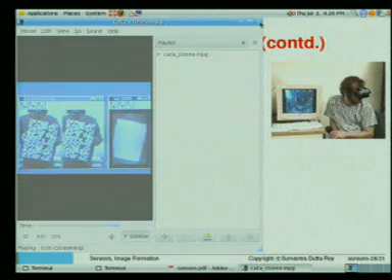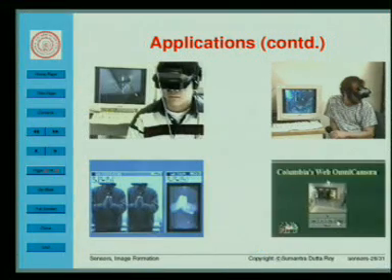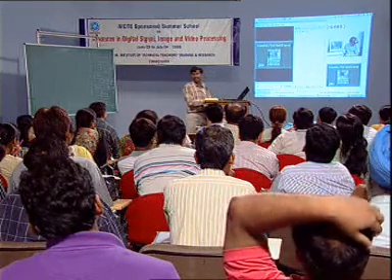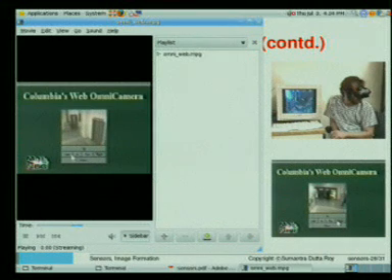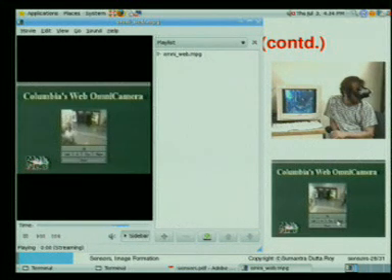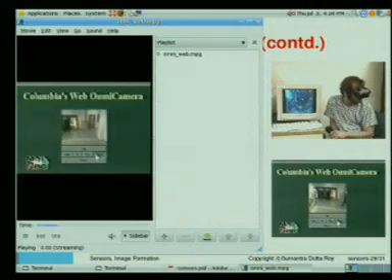So, you can actually do a lot with it, and they put it on the web also. I do not know whether it is still there on Professor Nair's website, but at that time you could actually play around with this and have a view of things that were happening wherever the camera was.